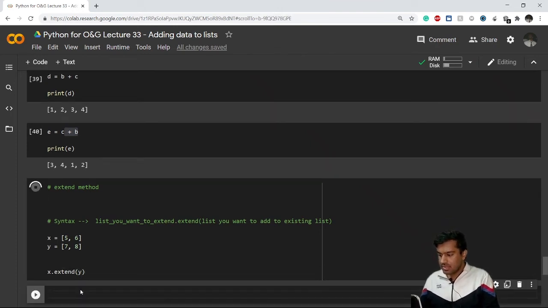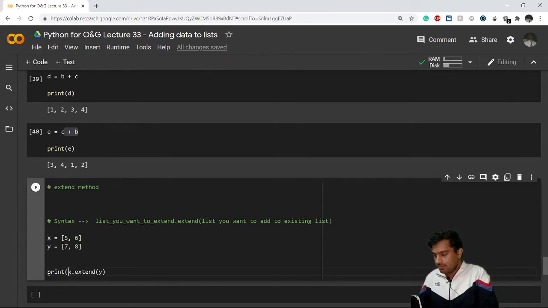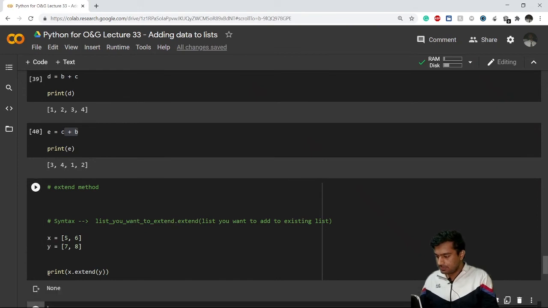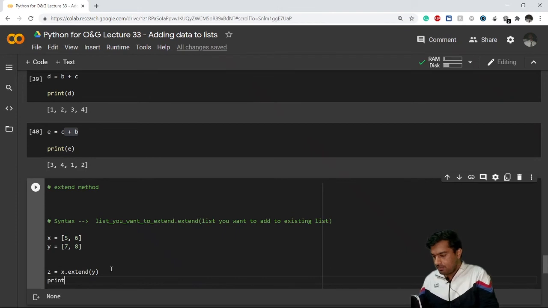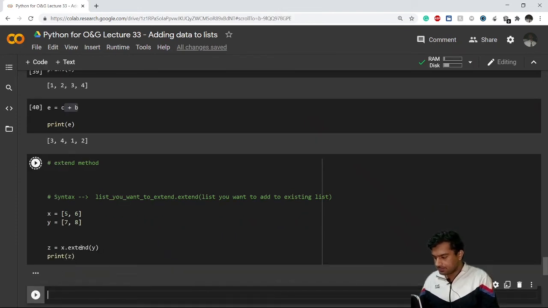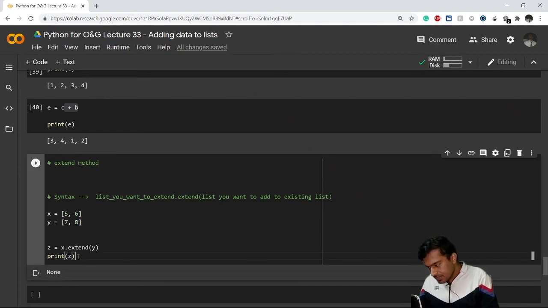So if I now execute this cell, I'll have to print this. Let's say I go for Z equals to this, and then I print Z. Okay, I'm so sorry, this is not how it works.